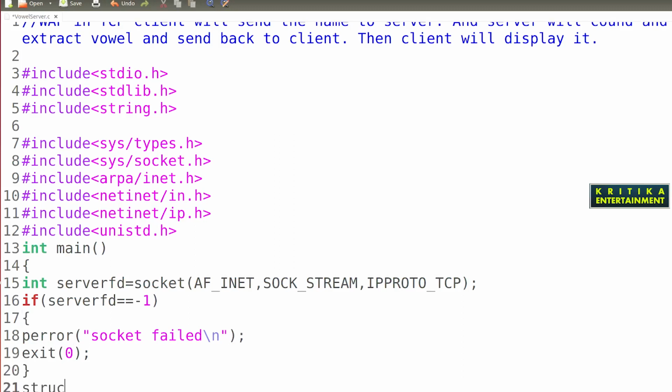Now I will declare the structure sockaddr_in, one for the server and one for the client.